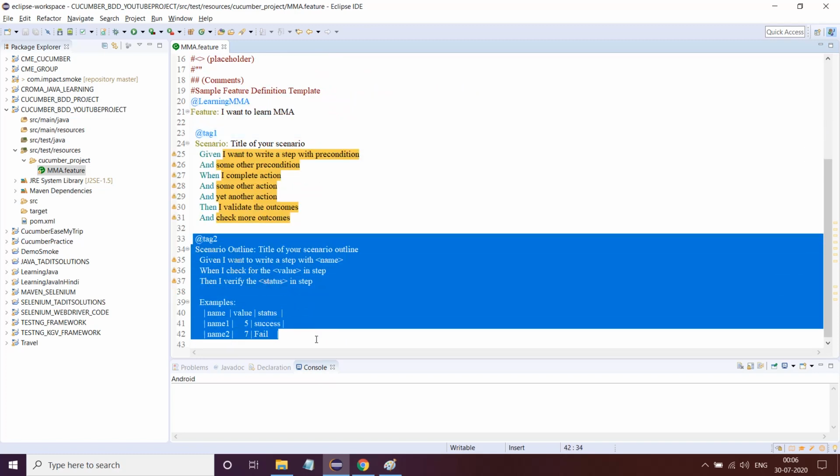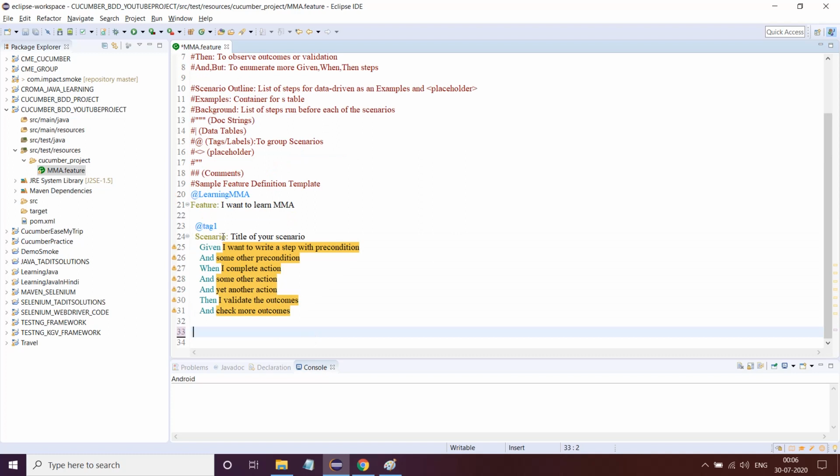As of now, we just have one scenario, and for this scenario, I will write the tag name something as looking for MMA gym. So this is the tag, and the scenario will be looking for an MMA gym near to my place.